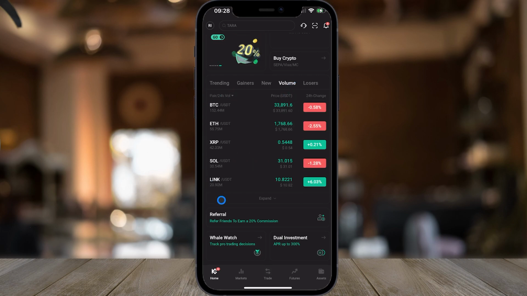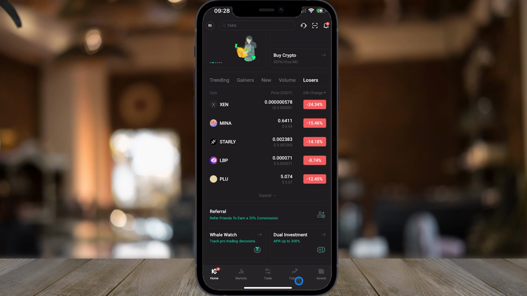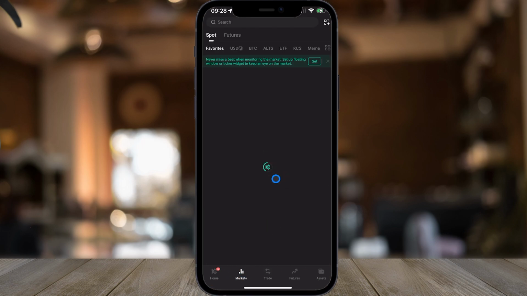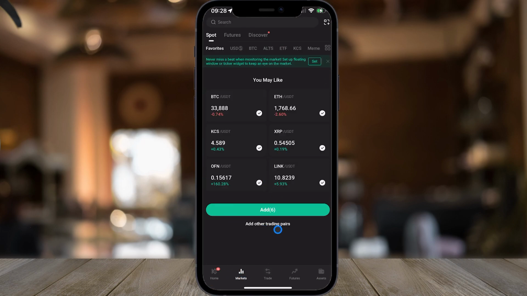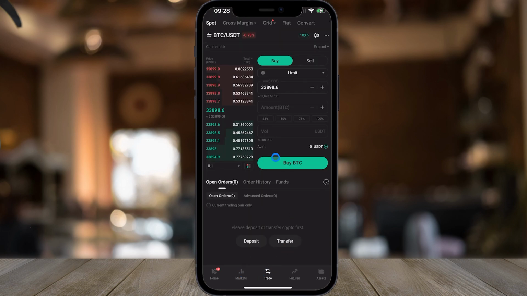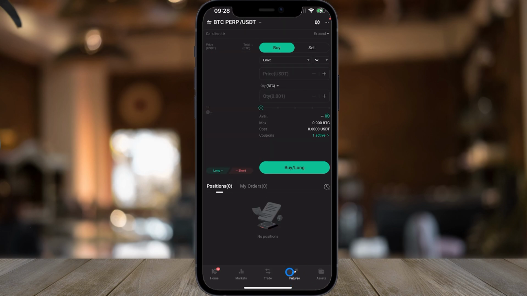The coins with the biggest volume in the last 24 hours. And also the coins that have gone down the most in the last 24 hours. We can also go to this bottom section right here, click into the markets tab, and this is where you can go ahead and trade. Once again, I will be taking a deeper dive into this in this video, showing you how you can trade with the KuCoin platform. We have the trade feature, which once again I will be going into, futures right here,